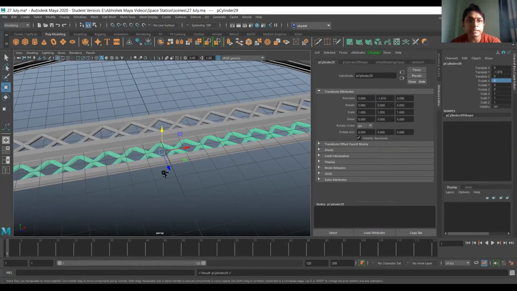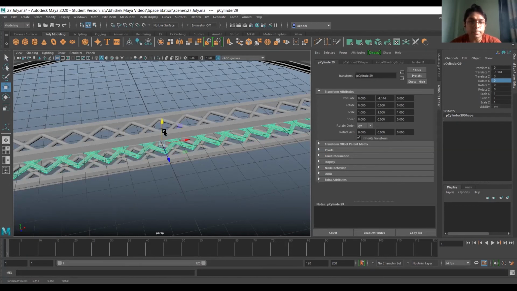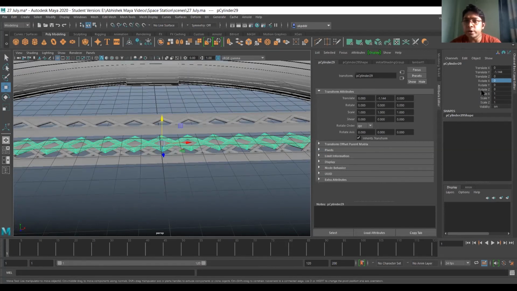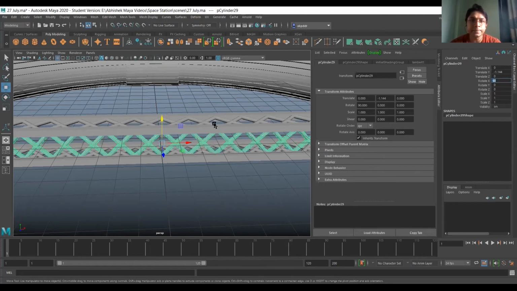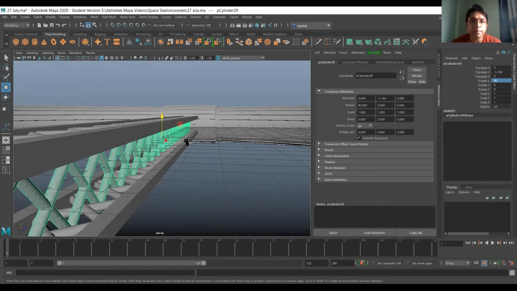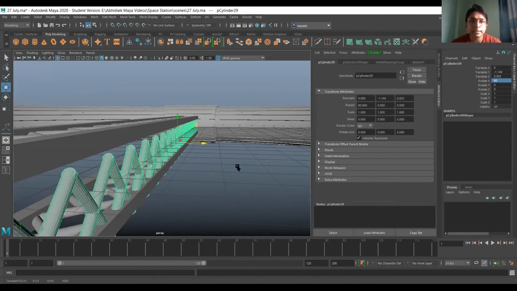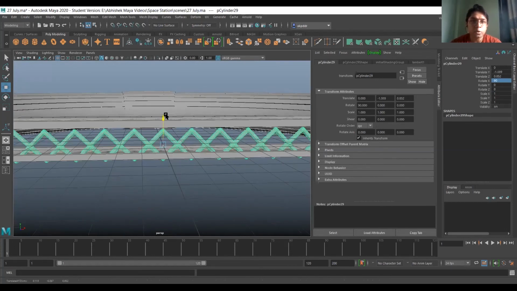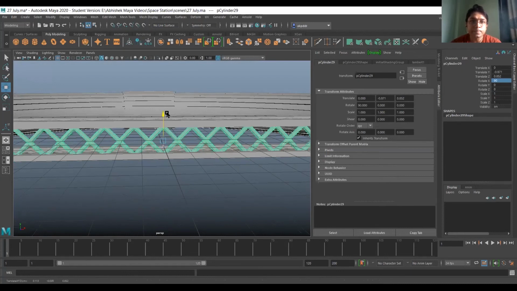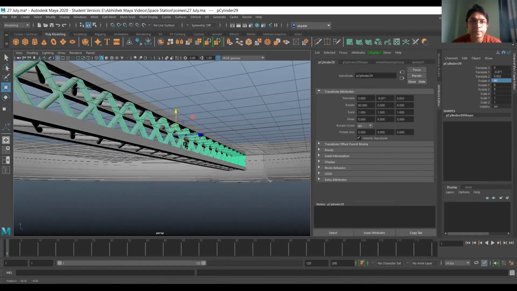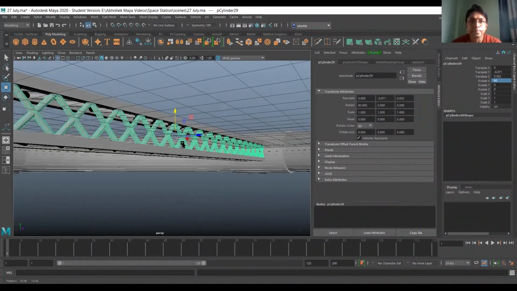Now again press Control D, pull it up, and this time I'm going to rotate it. I'll give the value rotate Z 90 degrees, rotate X 90 degrees, and I'll place it this side. Make sure your placement is proper. Nice.